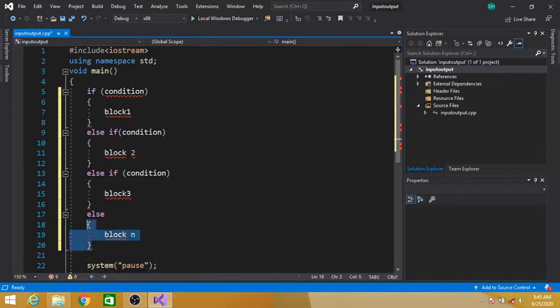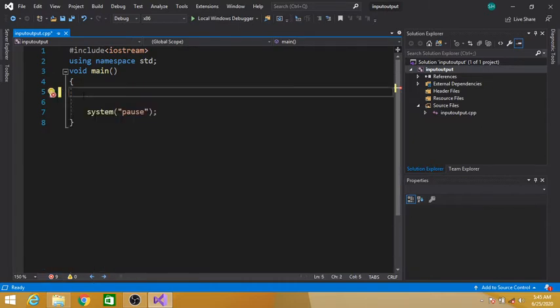So let's take some example so that you could clearly understand it. Let's suppose we are asked to write a program that inputs the test score of a student and displays the grade.